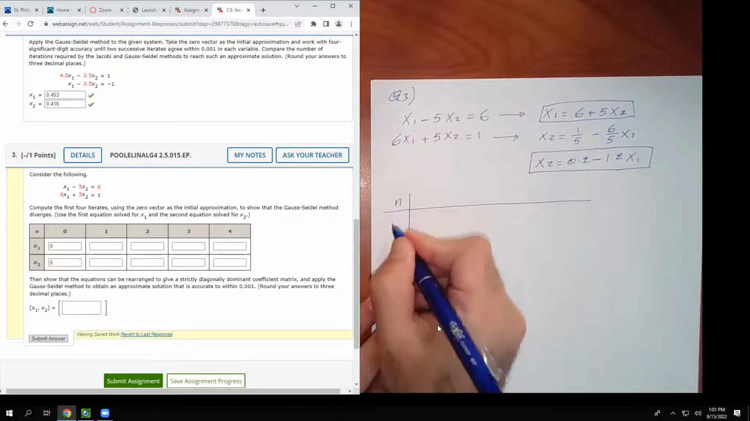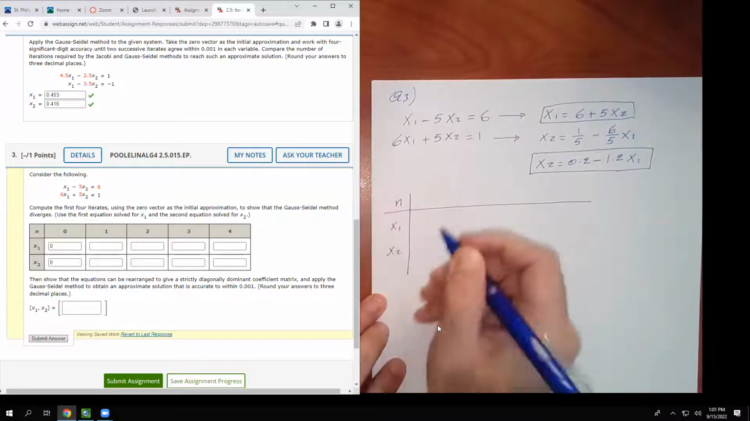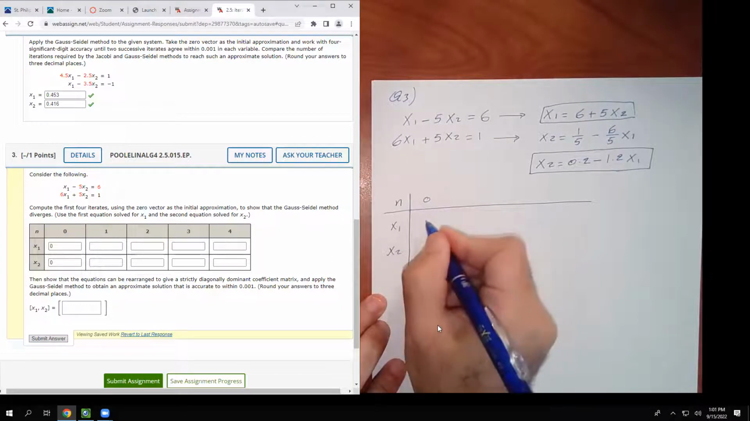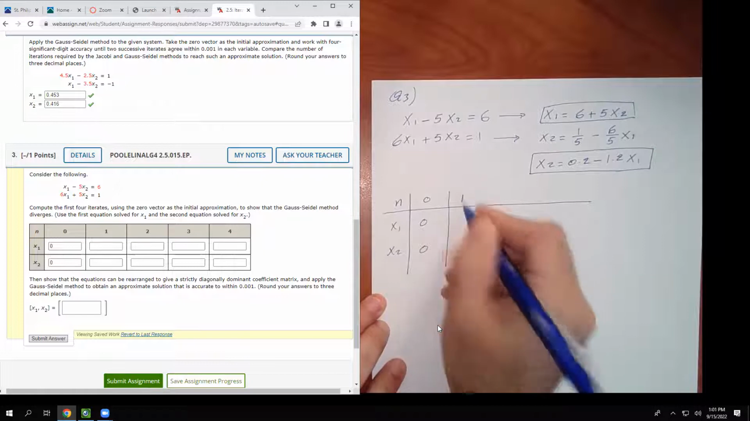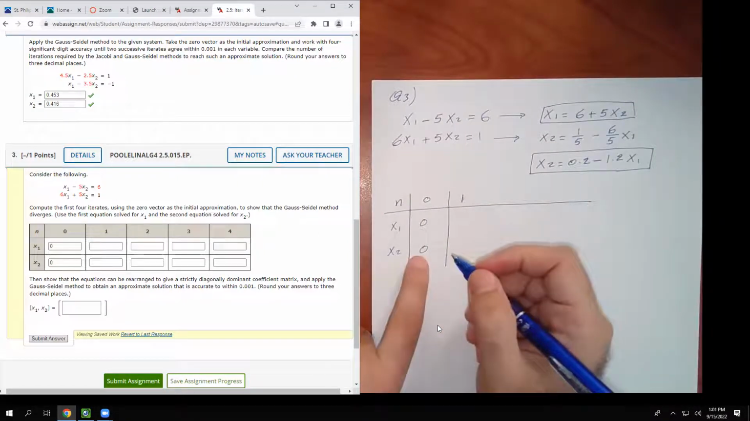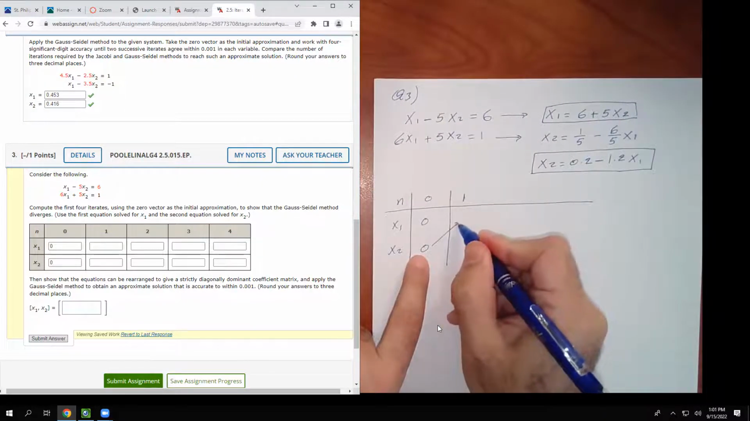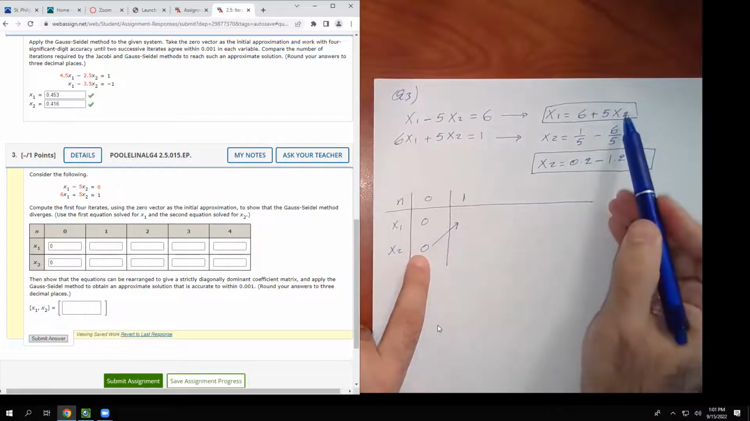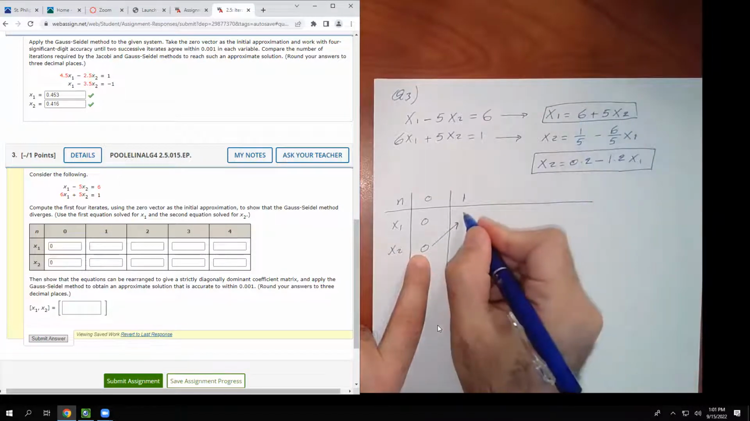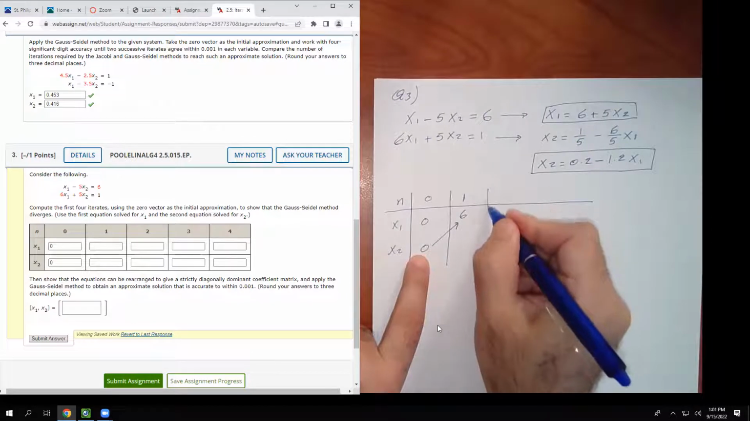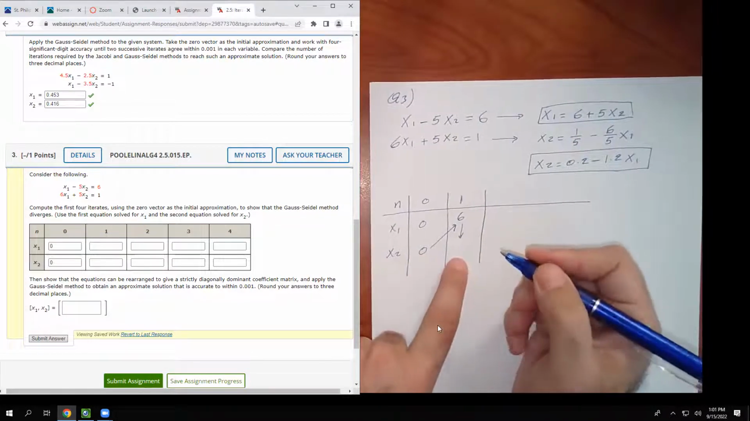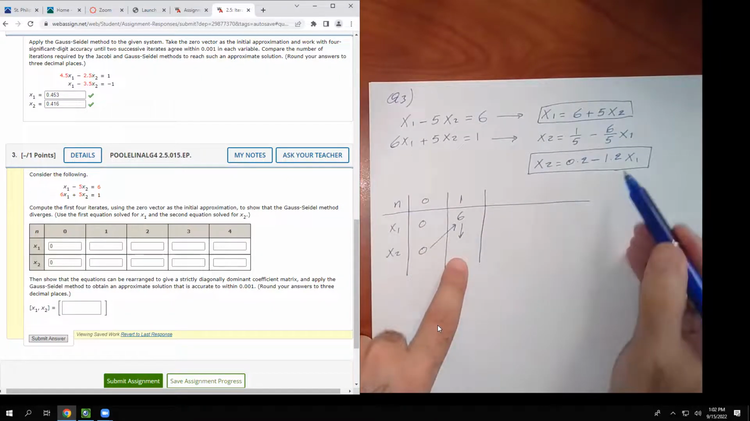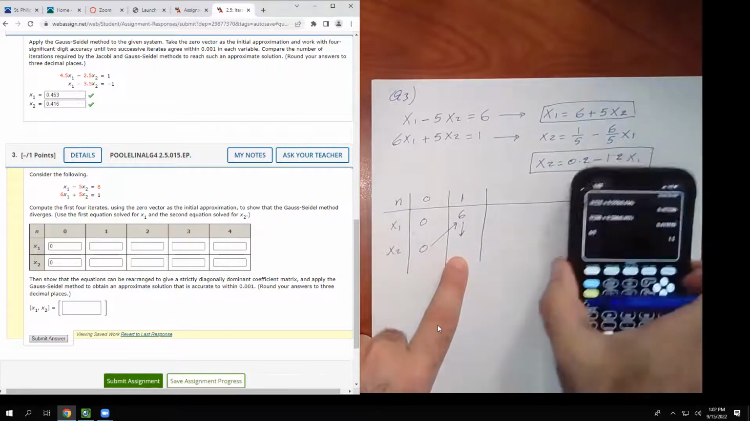There's n, x1, x2, and let's start with 0, 0, 0. First iteration, you're going to use this x2 to find x1. So I'm going to plug in 0 here, so x1 is going to be 6. I'm going to use the 6 to find x2. So I'm going to plug in 6 here. So it's going to be